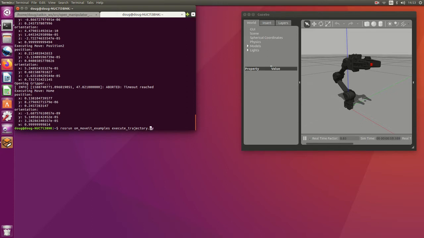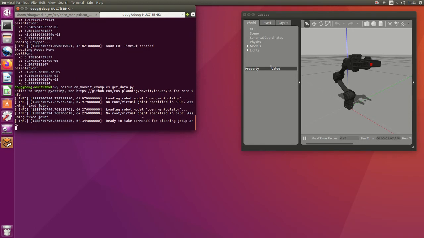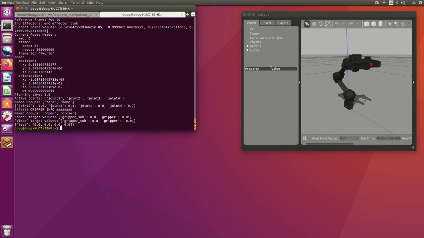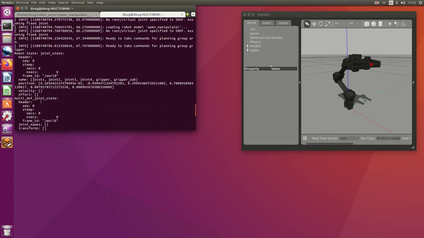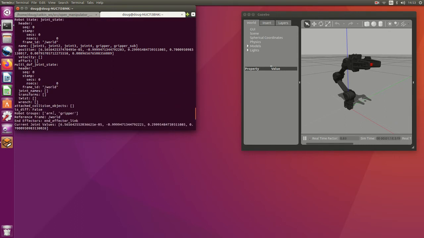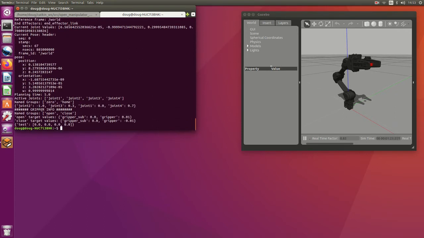Now we also have another code written that is called get data. Basically, if you have the controller running, which we have in Terminal 1, you can use the get data script to get various bits of information about the way that MoveIt has been set up and constructed. So you can see how the robot state is set up, its current status, the position of all the joints, what robot groups exist. For example, here we have arm and gripper, and their positions. You can see what named groups the gripper has, which is required when you are coding the